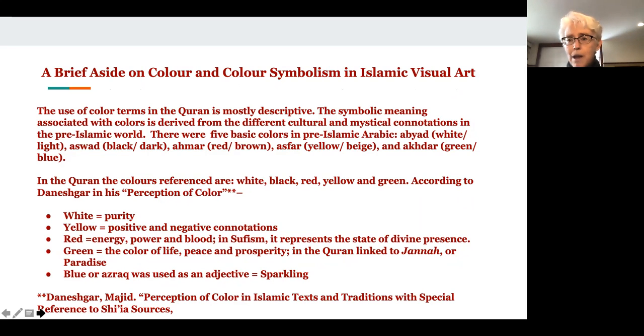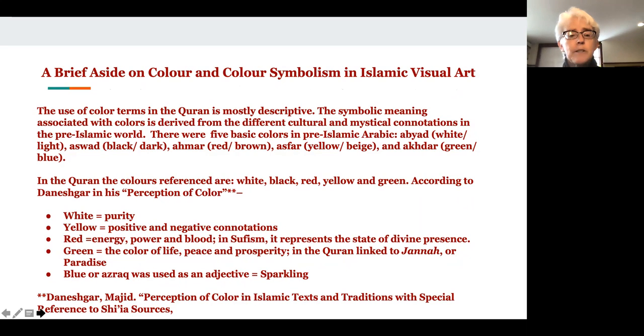Owen Jones talks about architecture without decoration being like a body without a soul. So what was the use of color in Islamic visual art, particularly book art? The use of color terms in the Quran is mostly descriptive. The symbolic meanings associated with colors were actually derived from pre-Islamic times, before the revelation to Muhammad in